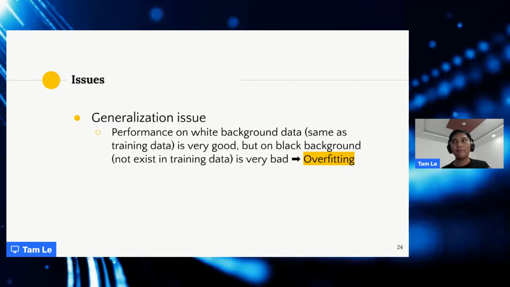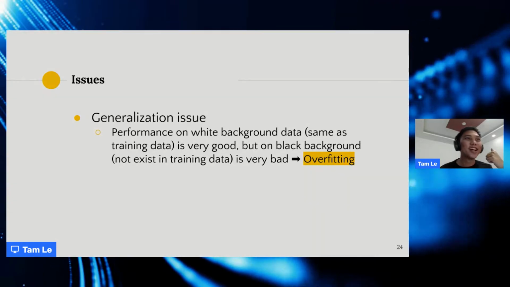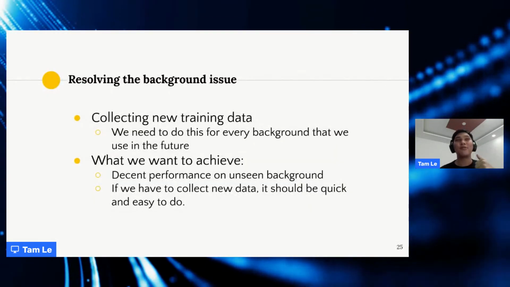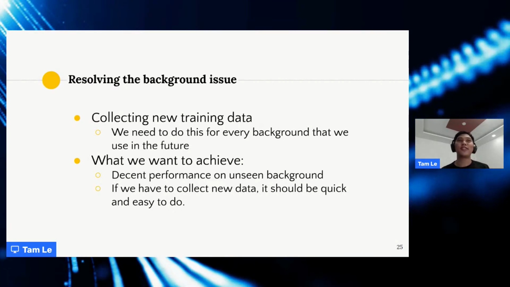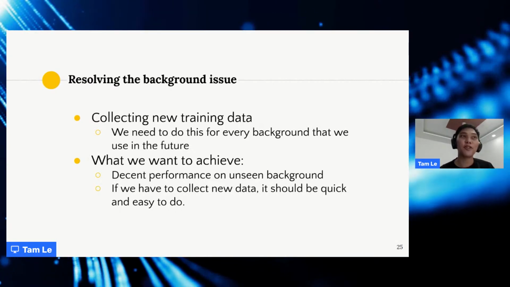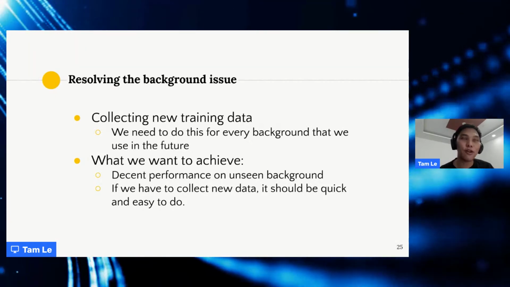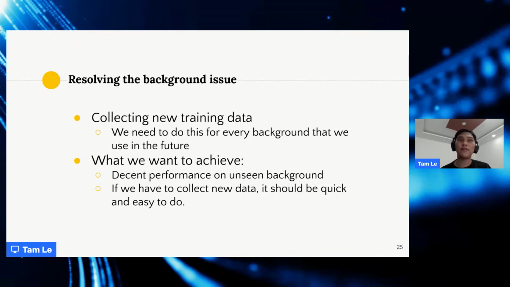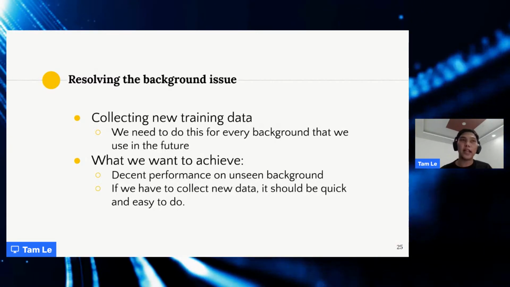So again, data collection comes to the rescue. But again, this kind of solution is not scalable. If we want to collect new training data for every background that we use in the future, we need to do it over and over again.